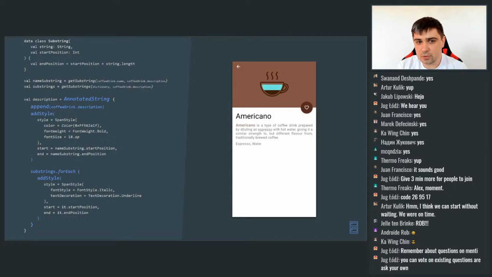When an annotated string is created from any string, we can add styles. When we want to add some style, in this case we change color, font weight and font size, and we need start and end. Exactly for this reason we created the substring class. And in this case it's super simple. We know that our Americano starts from position 0 and finishes at position n, and we add style for this